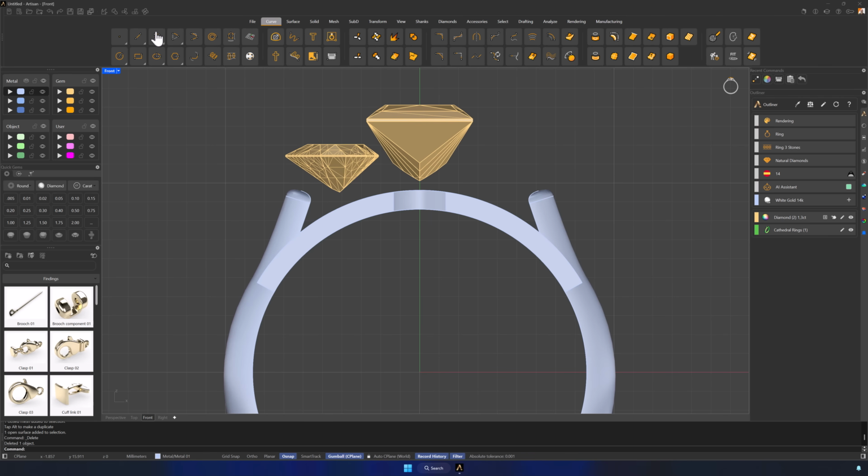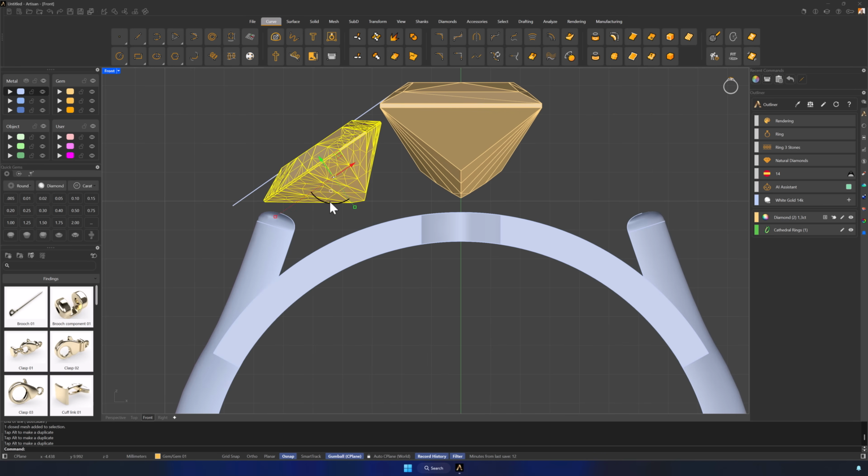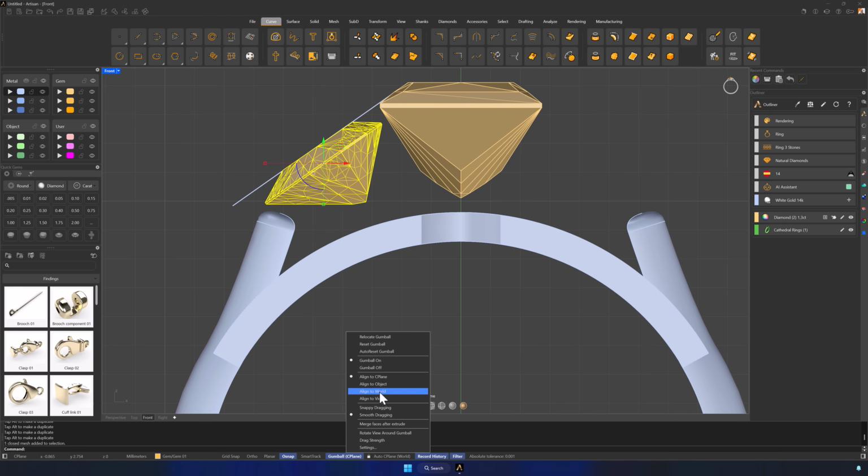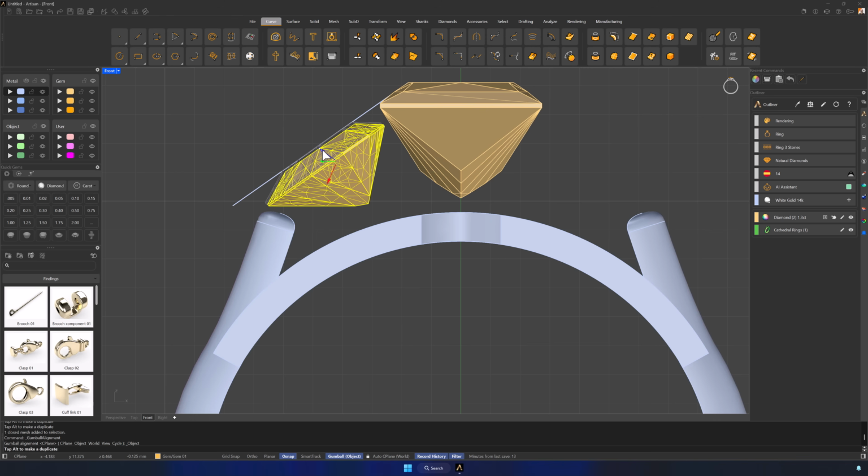Now, create a reference line to visualize the gem's alignment. Use the Line command from the Curve tab and draw the line using the central gem as a reference. Then, rotate the side gem so that its angle matches the curve you've just drawn. You can use the gumball in object mode to adjust the position precisely, ensuring equal spacing between the gem and